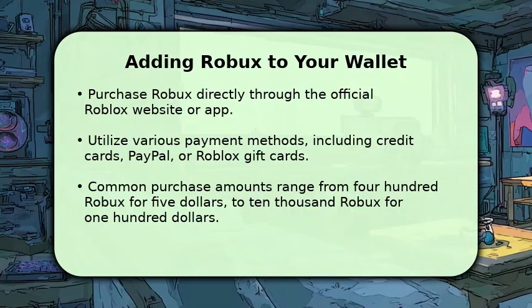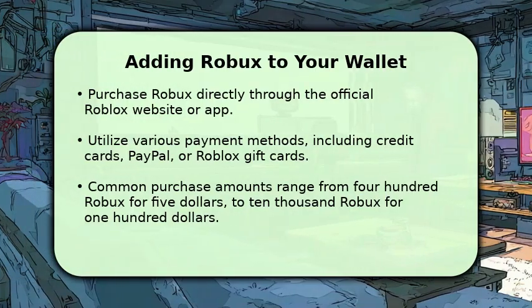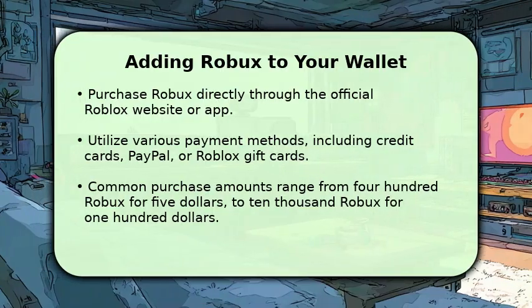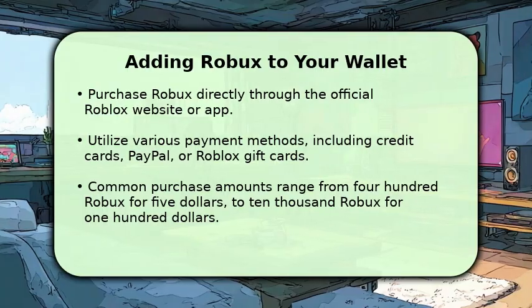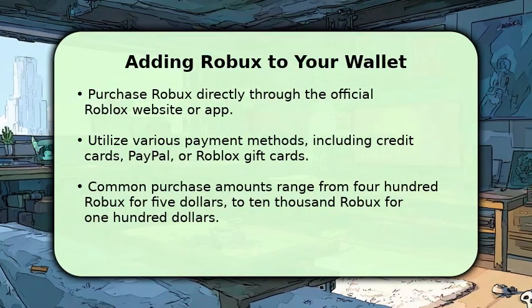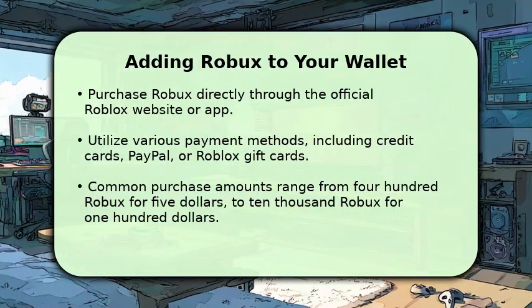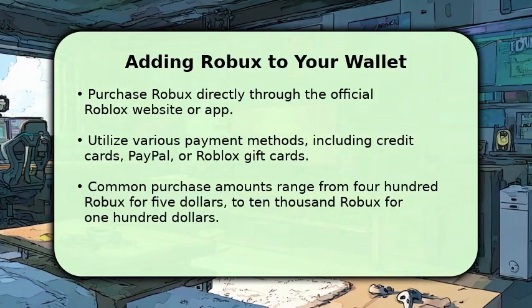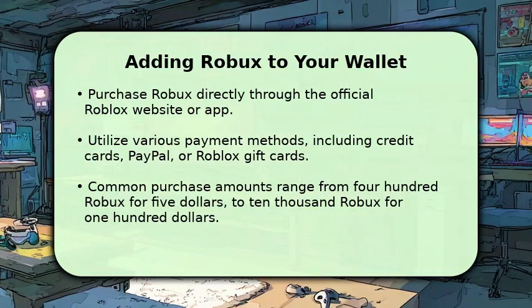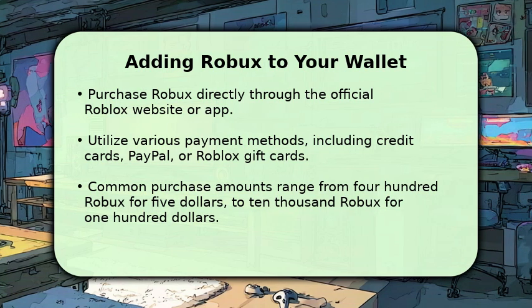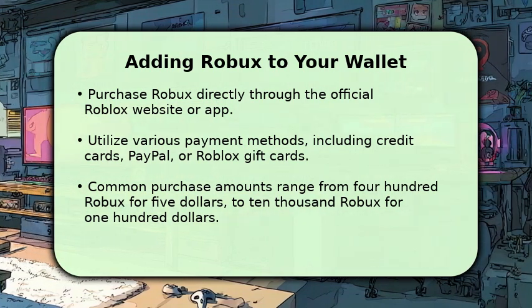Adding Robux to your wallet is straightforward and offers several convenient options. You can purchase Robux directly through the Roblox website or app using various payment methods, including credit cards, PayPal, or Roblox gift cards. Common purchase amounts range from 400 Robux for $5 to 10,000 Robux for $100 or even more. Always ensure you are on the official Roblox platform to guarantee a secure transaction, and instantly update your wallet balance